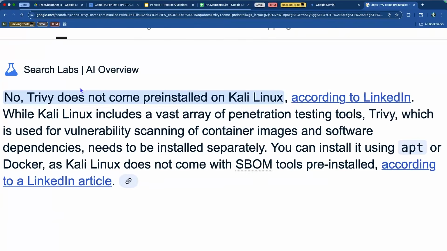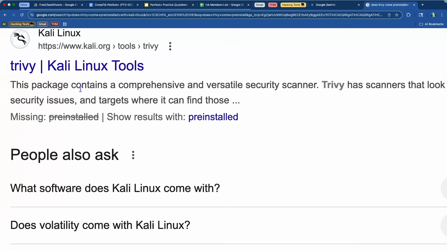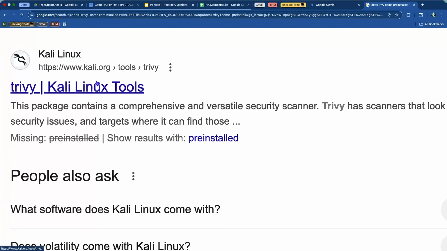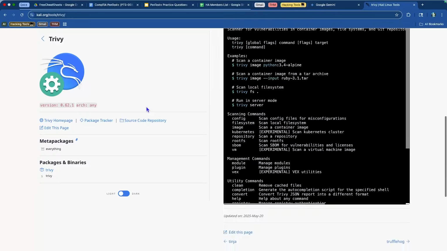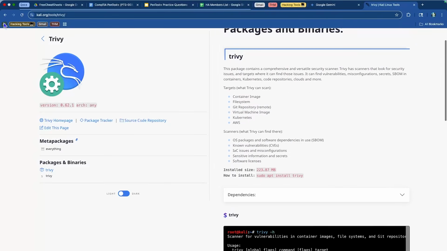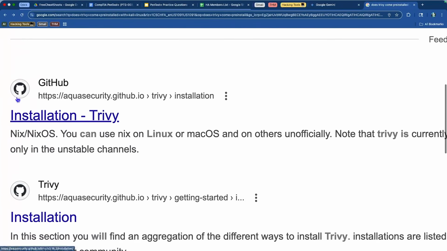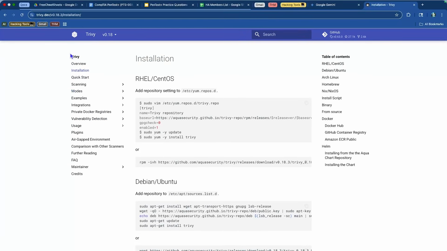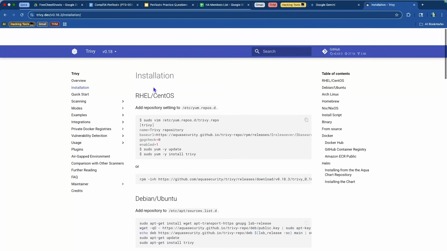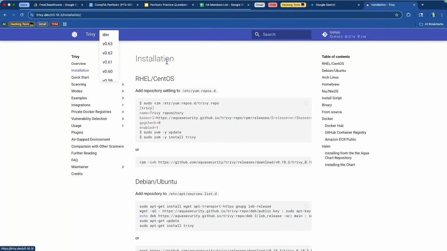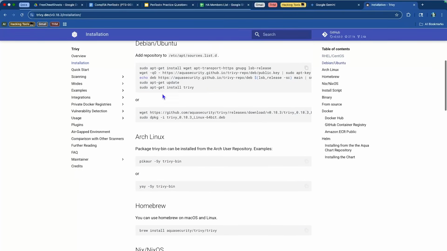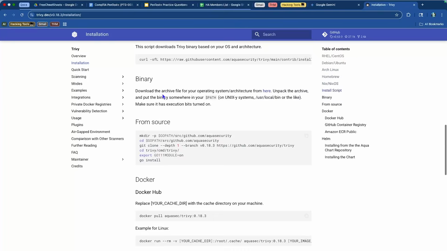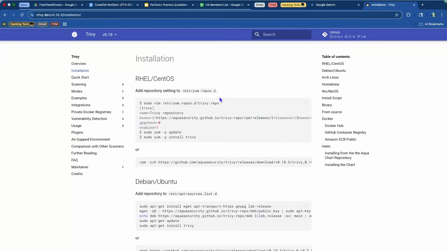Trivy is also not pre-installed on Kali Linux, so therefore you can get it from the kali.org tools location, and this is what it looks like. And of course they give you installation instructions, or you can get it from the GitHub repository for installation of Trivy. And this one actually, interestingly enough, takes us to trivy.dev website, and that will give us instructions pretty much very similar to what you would get on GitHub, but this one is directly from their website, which is actually